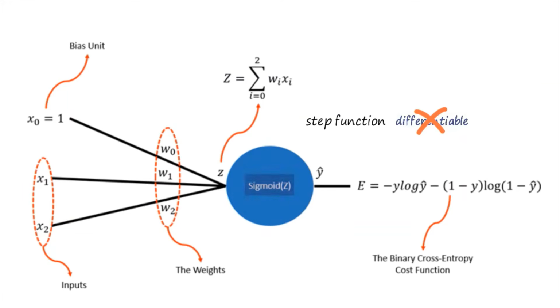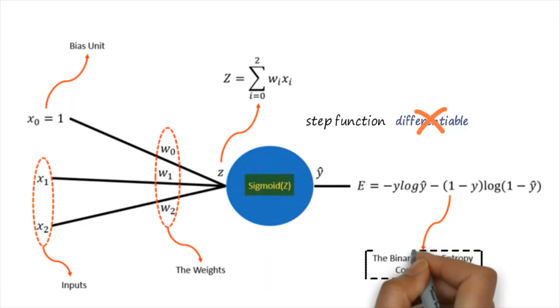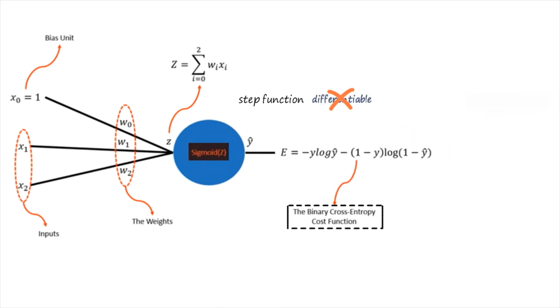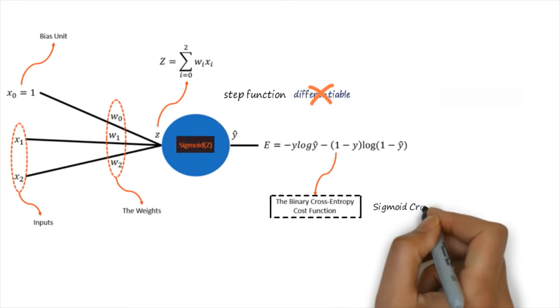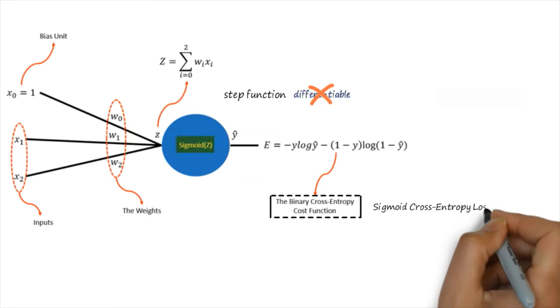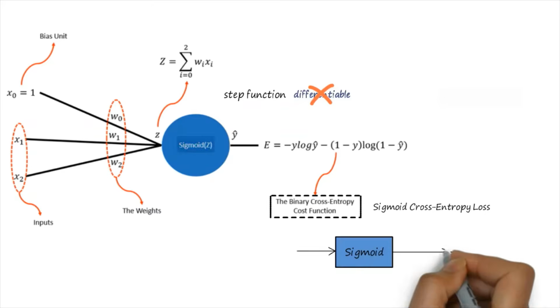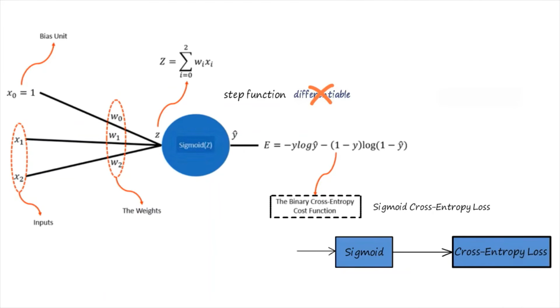Now I have lots more points to explain. Here, apart from the sigmoid function, I have used the binary cross entropy function. Now we have to understand why we need this. First, I am explaining what this binary cross entropy function is. This binary cross entropy loss is also called sigmoid cross entropy loss. So it is basically a sigmoid activation plus cross entropy.